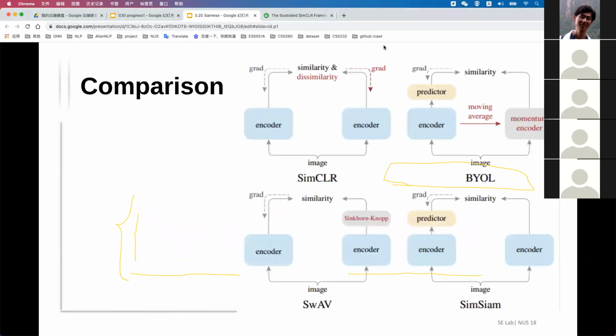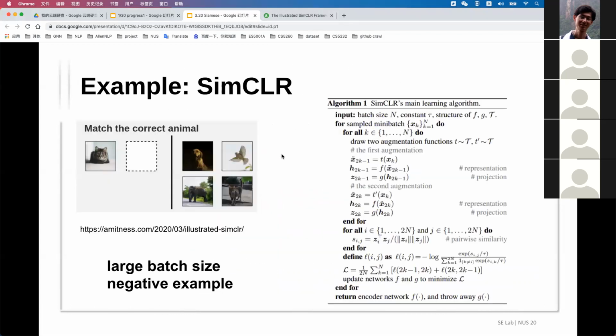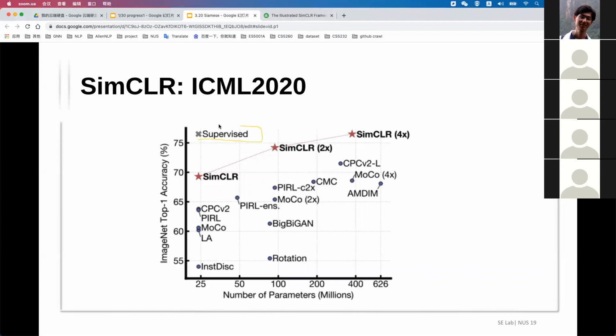Okay, so we first compare to other models. To understand the comparison, we need to introduce other papers' focus and points. The first is the CVPR. It was published in ICML 2020, and the performance, you can see, not only improves upon the previous state of the art self-supervised learning method, but is even better than the supervised method when scaling up the parameters.